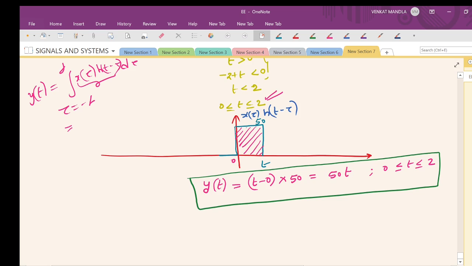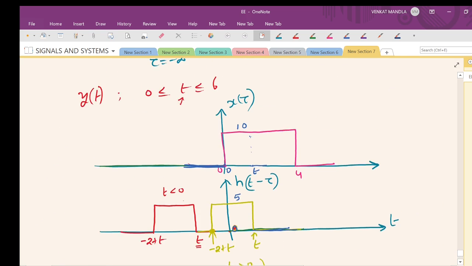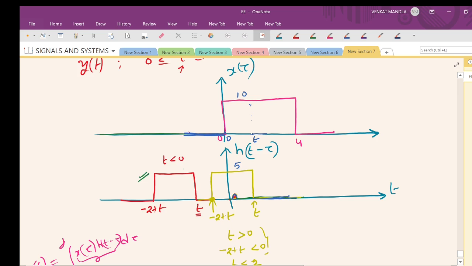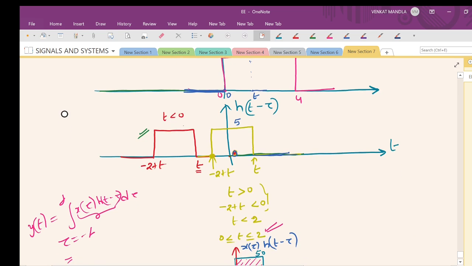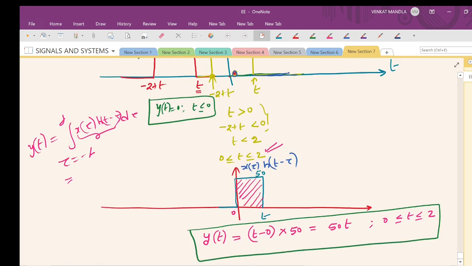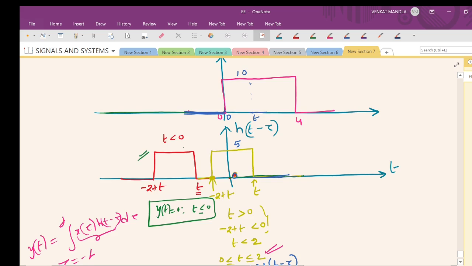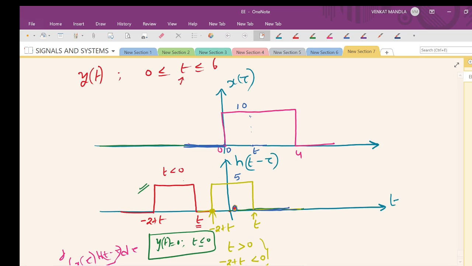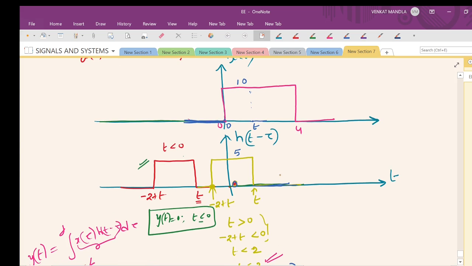For t less than 0 there is no overlap, so you will get 0. If you want to write here, y(t) is 0 for t less than 0. Okay, next I will shift this h(t minus tau) towards the positive side again. I will draw with another color, so that now again shifting towards the right side, such that